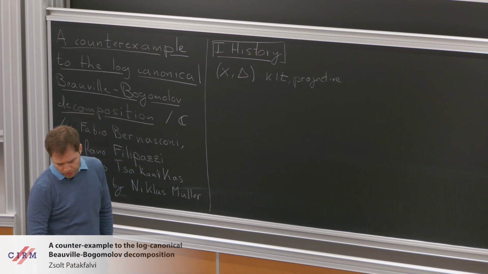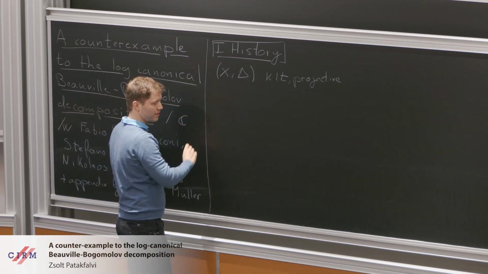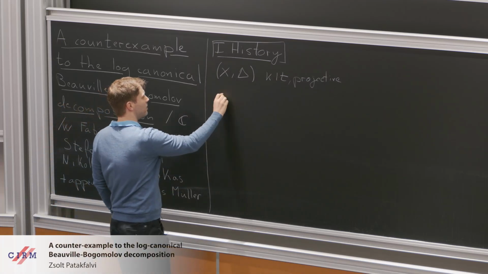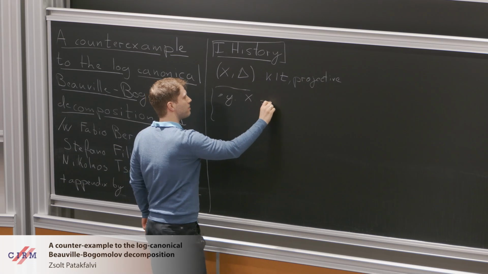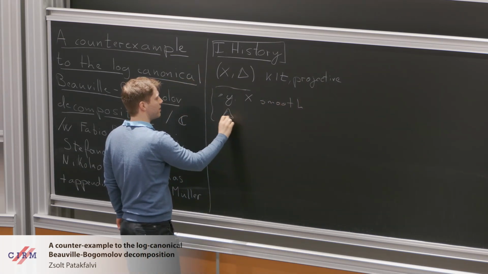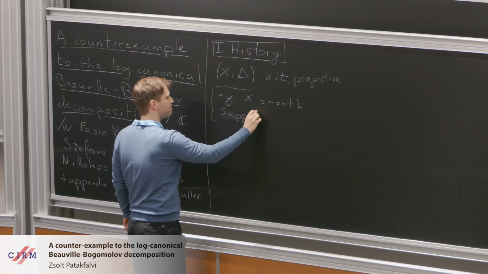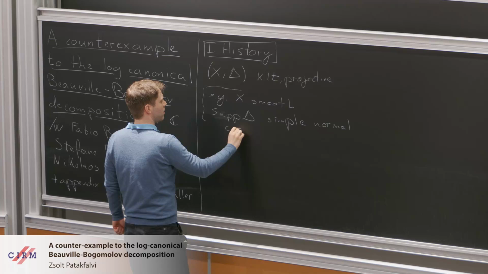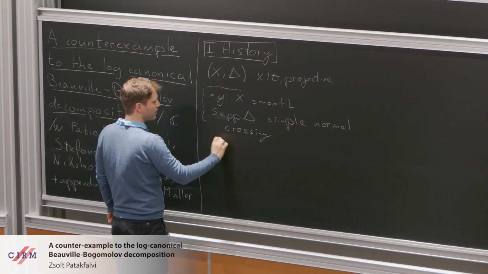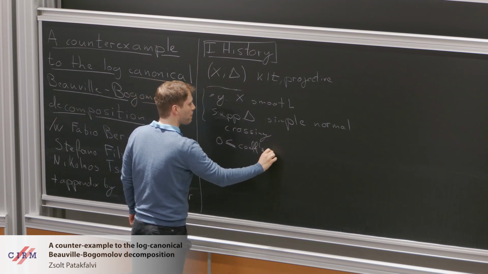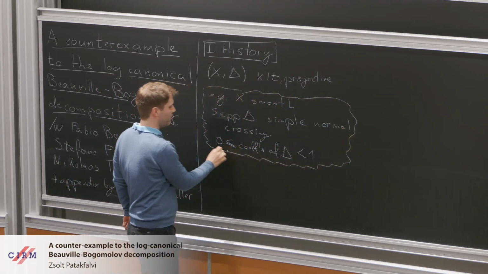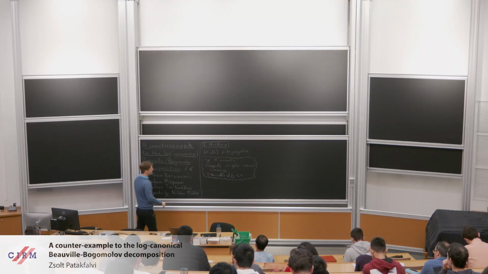and if you don't like KLT varieties, then you can also assume just that you're dealing with a smooth variety X, and the support of delta is simple normal crossing. Then KLT just means that the coefficients are between 0 and strictly 1. So you can think about this case if you don't want to think about the singular case. And I guess this is already interesting, because then log-canonical just means that you're allowing coefficient 1. Okay, so in this setting,